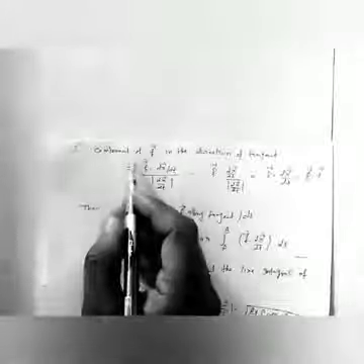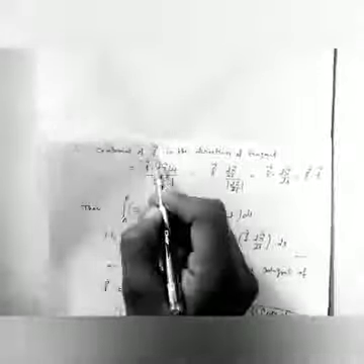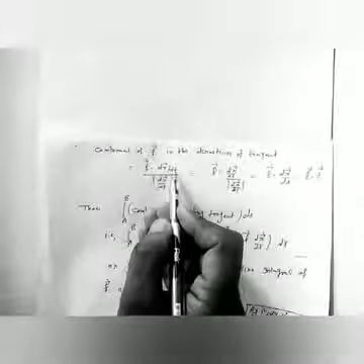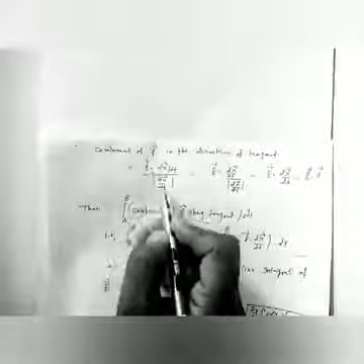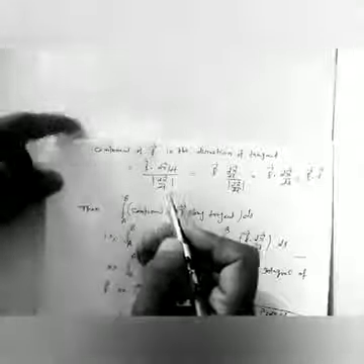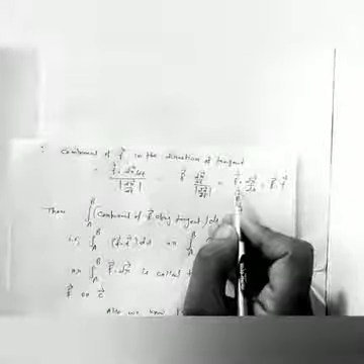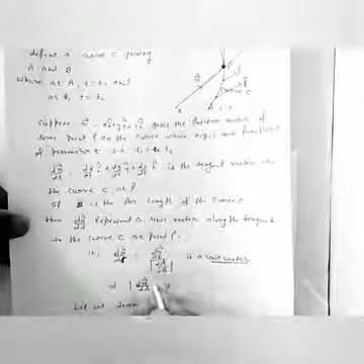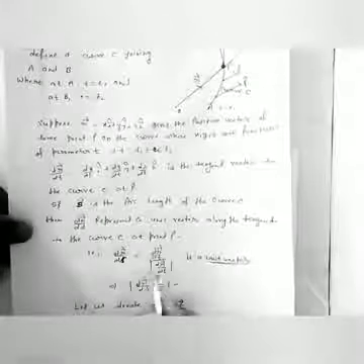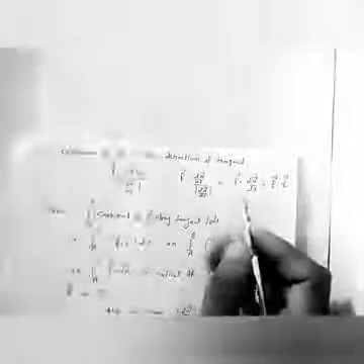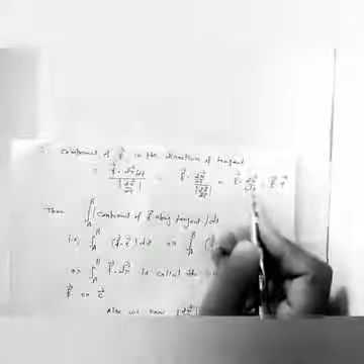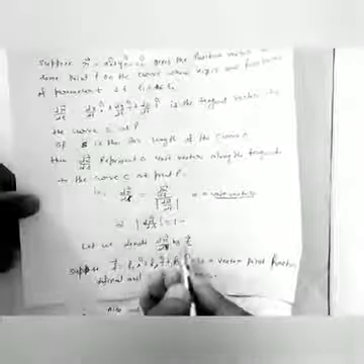Therefore the projection or component of f vector in the direction of the tangent is f dot dr by dt upon the magnitude of dr by dt, that is a dot b upon the magnitude of b. That term, dr by dt divided by the magnitude of dr by dt, is represented by dr by ds, which is equal to f dot dr by ds, and also we denote dr by ds by t vector.